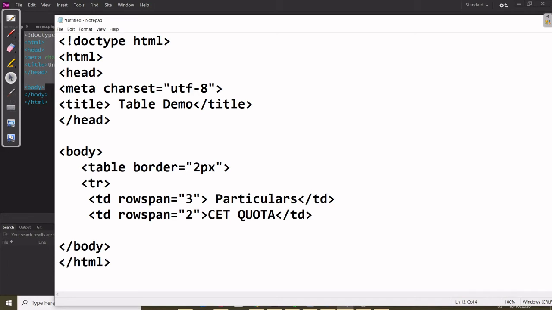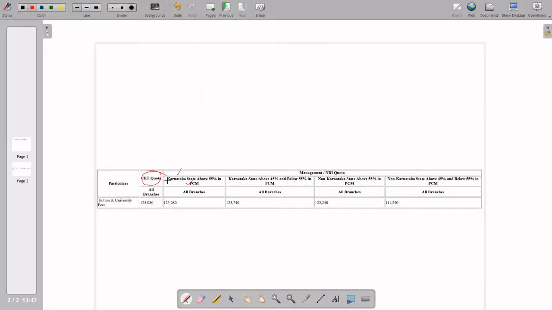Now coming to the next one, td. Here you can see this is the third value. But for the third value, what is happening is the merging of columns only. 1, 2, 3, 4.